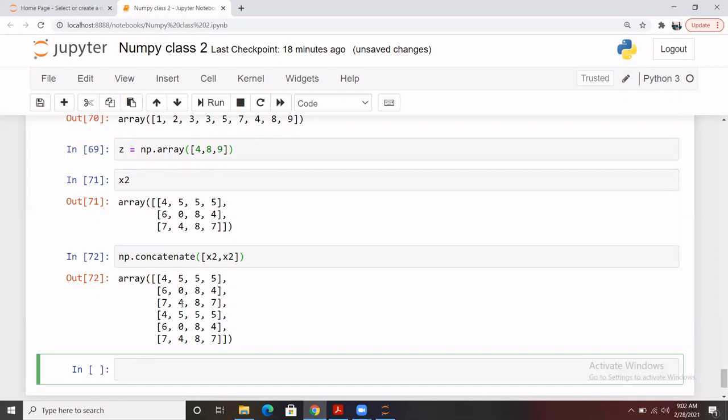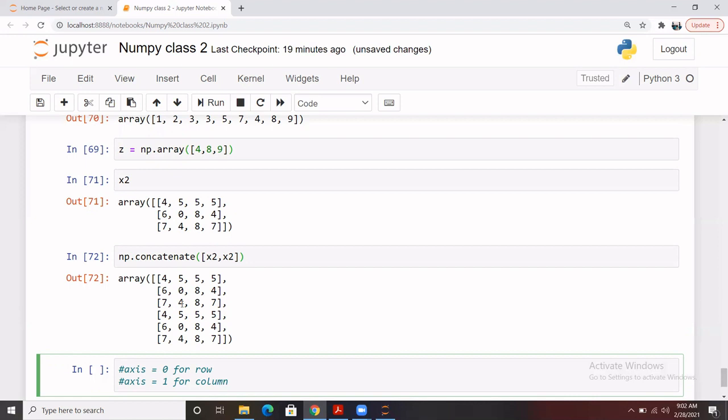But for example, we want to concatenate as a column. Here it has been concatenated as a row. Let's say I want to increase the number of columns while I concatenate x2 to x2. Here we have 4 columns, and I want to concatenate to get 8 columns. To do that, in NumPy we have two things. We call it axis equals 0, which is basically for rows, where any operation we want to do for rows is specific, and we have axis equals 1, that is for columns.